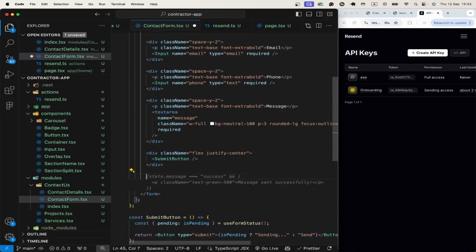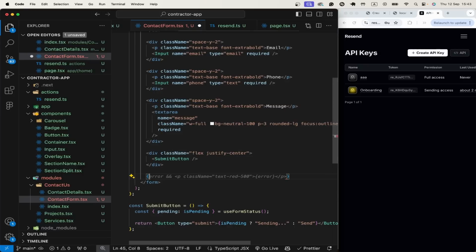Now I want to create our status messages after request. So first let's return error. So state message equal error, then have a div,